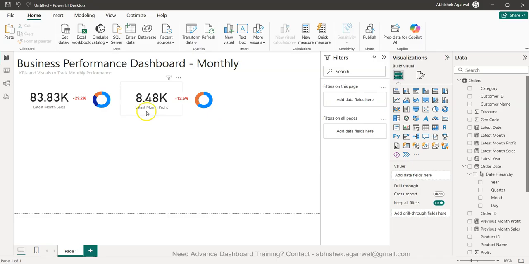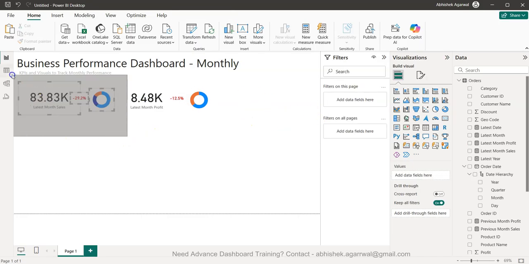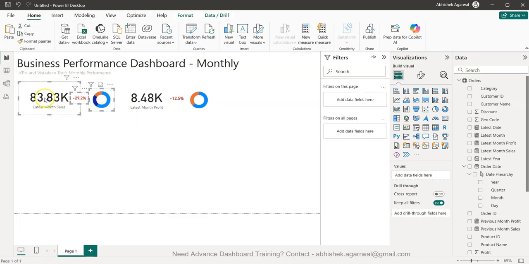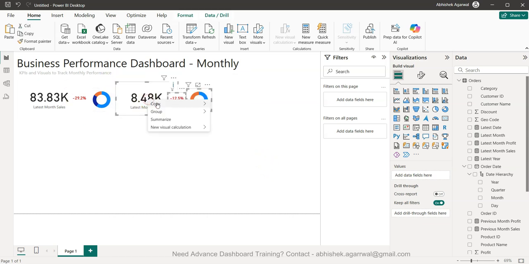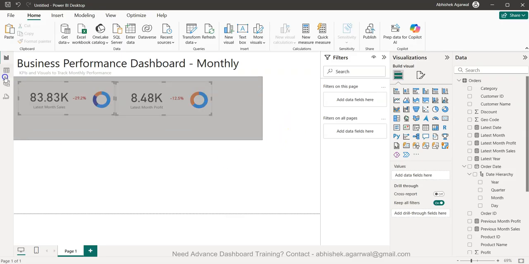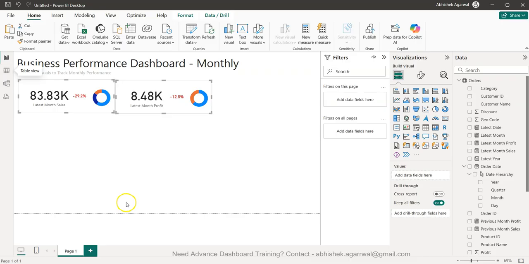So we have that. I have created 2. Now you can create the other 2. You just make sure that this is added and this is a little bit nearer so that we have some space here. One more thing you may want to do is select everything, the KPI, right click and say group so that it becomes one object. Same thing, select these 3, right click and group, so it will become one object. Next, first thing first, I will move this up a little bit maybe, and then what I need is